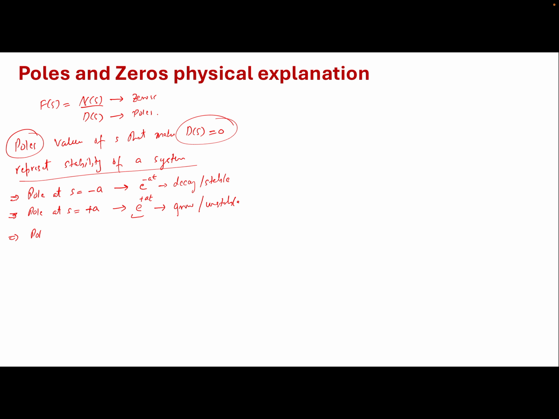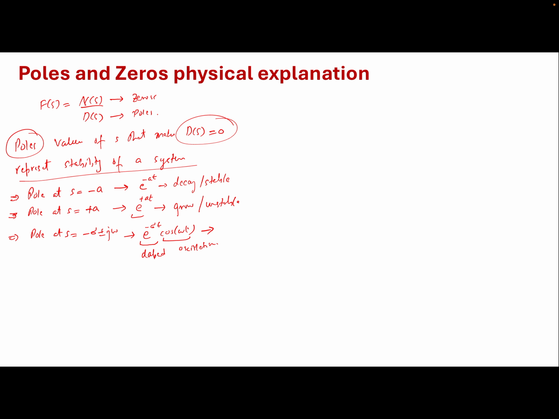Similarly, if your pole is some sort of a complex number, right, we were looking at the poles. So for example, minus sigma plus minus j omega, then you're going to realize that you're going to have e raised to power minus sigma t times cos of omega t. You're going to get this cosine term. And what does the cosine term tell us in terms of our responses? It is going to have an oscillatory response. The presence of a sine or a cosine is an oscillation, and the presence of e raised to power minus sigma t makes it a damped oscillation, right? So it's a damped